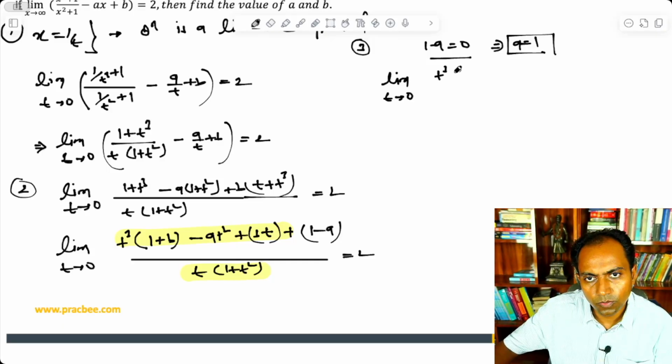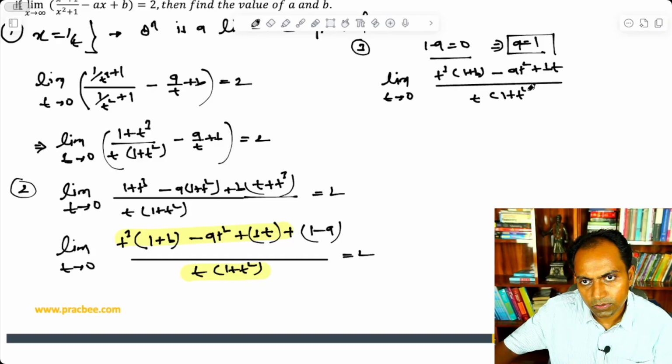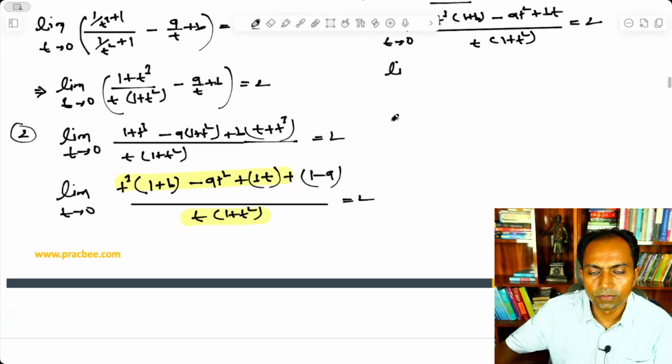This is t cube into 1 plus b minus at square plus bt, divided by t into 1 plus t, and this is equal to 2. Now we can cancel out a t, and if I do so, it in turn becomes